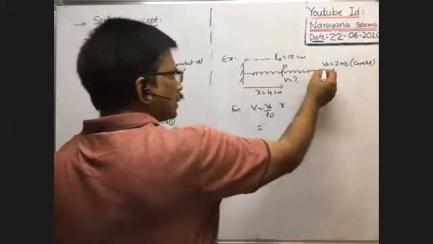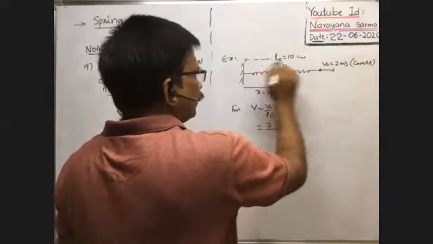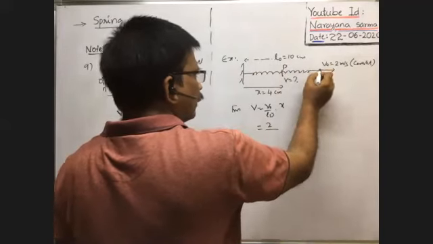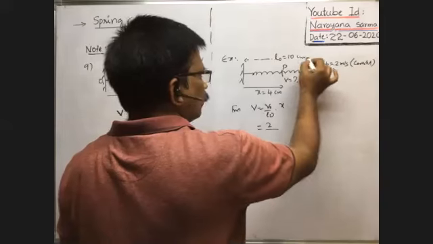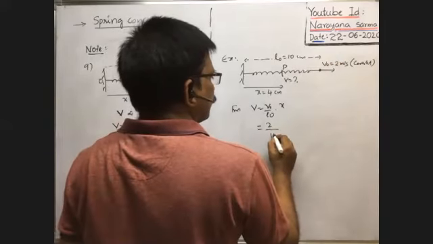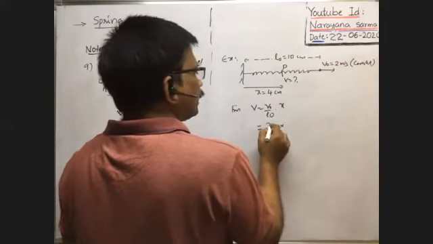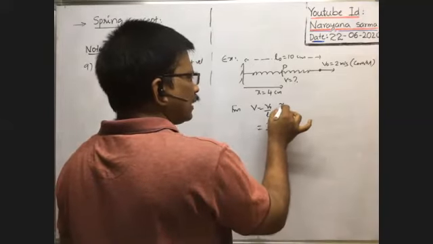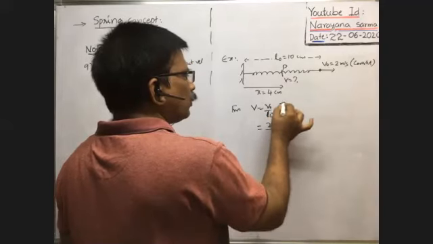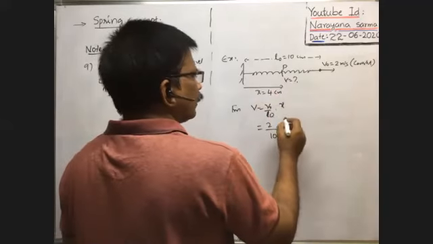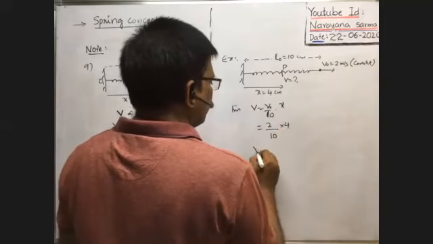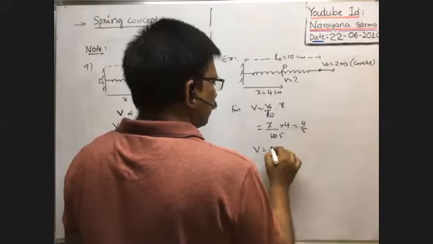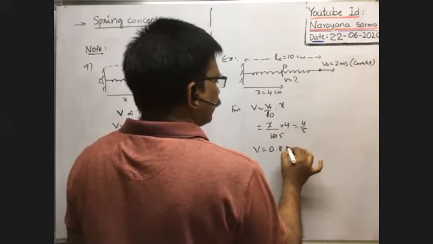V naught means this is the velocity V naught, and L naught means where the velocity of the spring is given, at what distance that point lies from the fixed end, that is L naught. So L naught means 10 centimeter, and we have substituted in centimeter, and this also is substituted in centimeter because it is the ratio between two lengths, that's why you can substitute directly in centimeter. X means 4, therefore V is equal to 2 fives are 4 by 5, which means 0.8 meter per second.